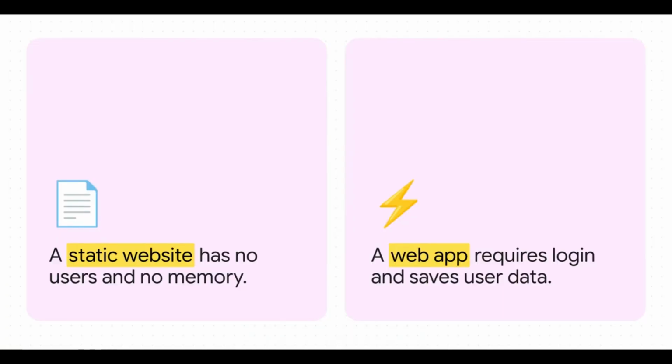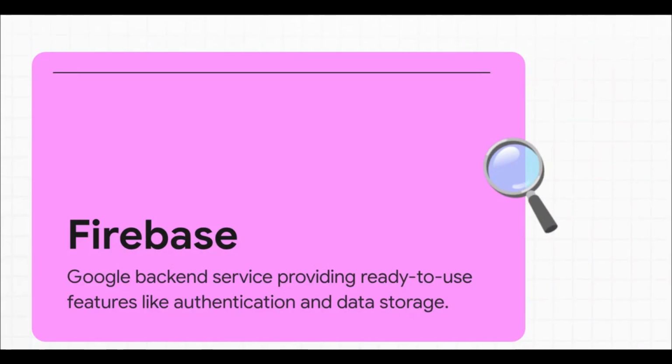But before we dive into the code, let's just clear up a really crucial difference. A static website, it just sits there. It has absolutely zero memory. But a real web app, like our VoltFlow, actually remembers its users. It requires a login, it locks down user data, and it makes sure that if someone leaves and comes back tomorrow, everything is exactly where they left it. The state persists over time. So how do we give VoltFlow that memory?